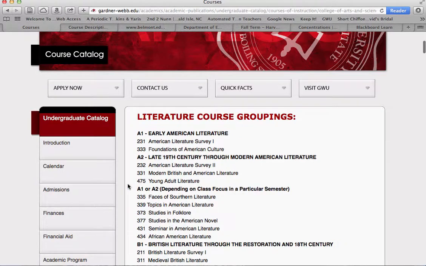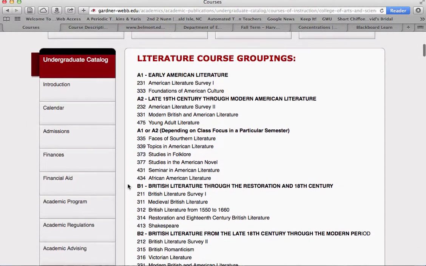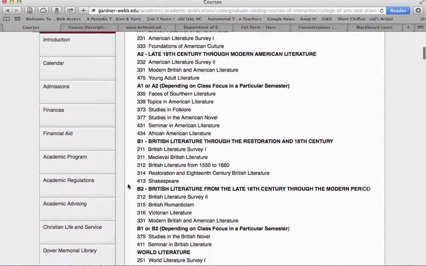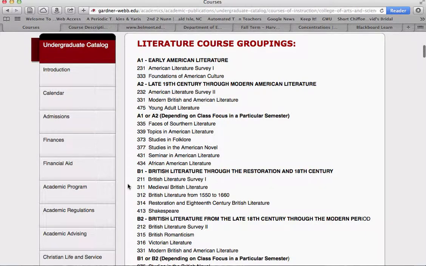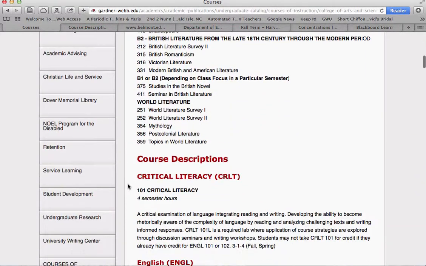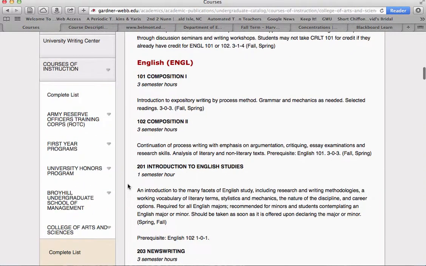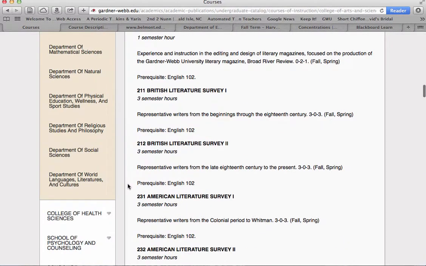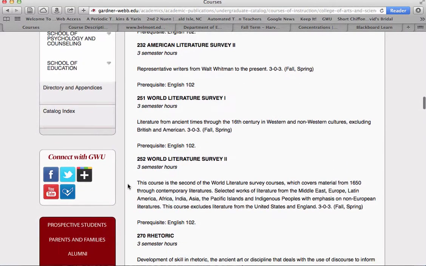First, what are we smacked with immediately? Literature. So if you know nothing about our department, what does it seem like is the emphasis and focus and foundation of our department? Hopefully you're answering literature in your head right now. Clearly, look at all these courses and look at how that's what we present first, the categories of our literature courses. But then once you start to read further, you see we obviously have other types of courses that are not literature based, but the forefront is clearly literature.